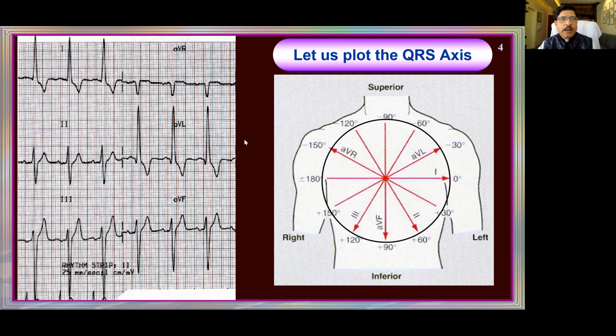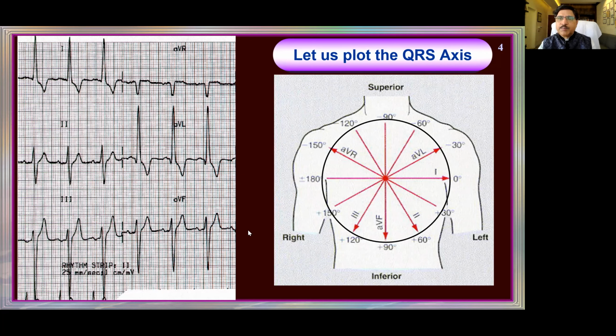Yes, sir. Can you tell me which is the axis by looking at it? Left mid, right leaf criteria. Left axis deviation. This is leaving each other. So it is the left axis, definite left axis. Which is the neutral lead? This is the neutral lead more or less. Isn't it? Neutral lead is L2.